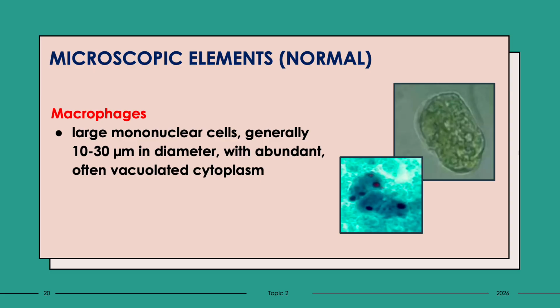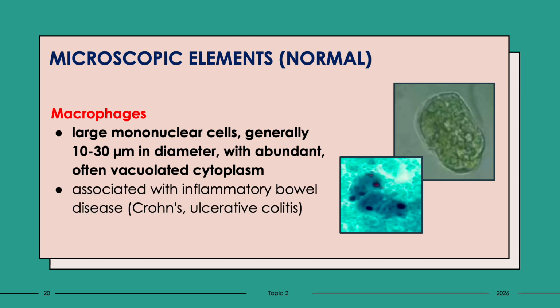The significance of macrophages in stool usually signals inflammation or infection in the gut. These immune cells usually live in the intestinal lining of our gastrointestinal tract. Their presence in stool often indicates that they are being shed due to increased immune activity such as inflammatory bowel diseases, such as Crohn's disease or ulcerative colitis.